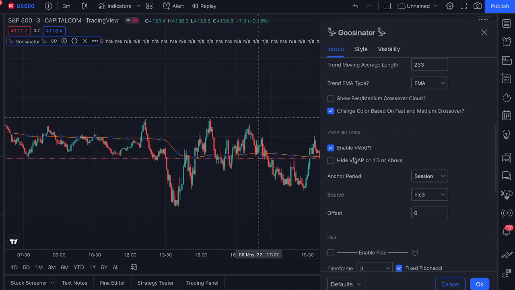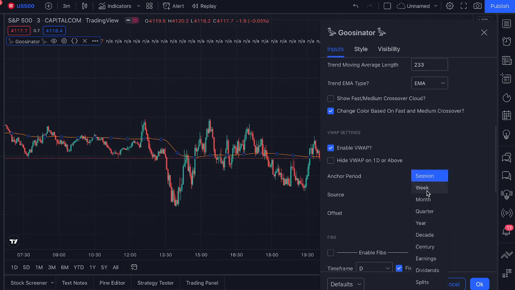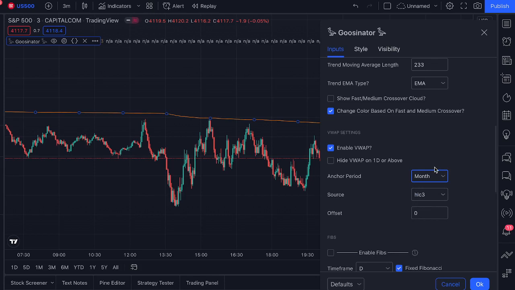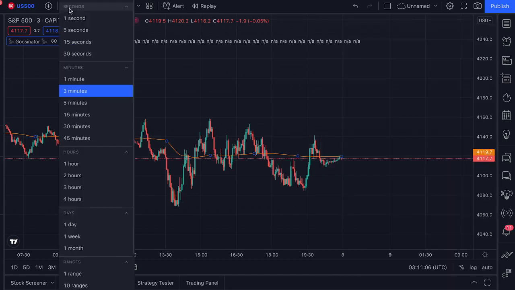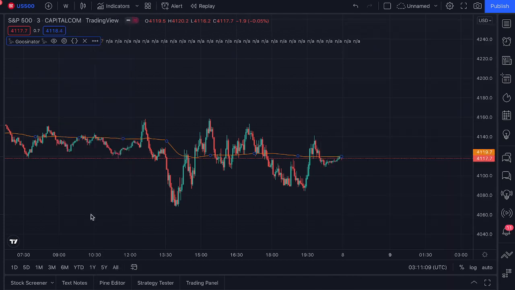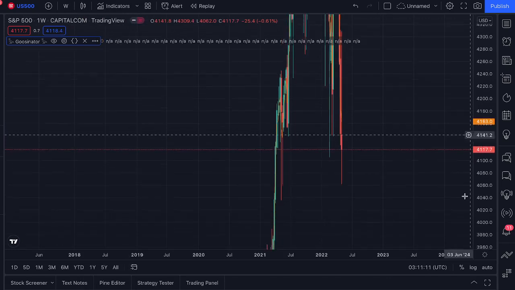What makes this one unique is that you can adjust your anchor period by the week, by the month. Normally VWAP is just an intraday indicator. So to have these things anchored at different points is a unique and powerful tool, and gives you a macro perspective of where this price action lies in the overall trend. And again, because VWAP gets weird once you get above the daily,